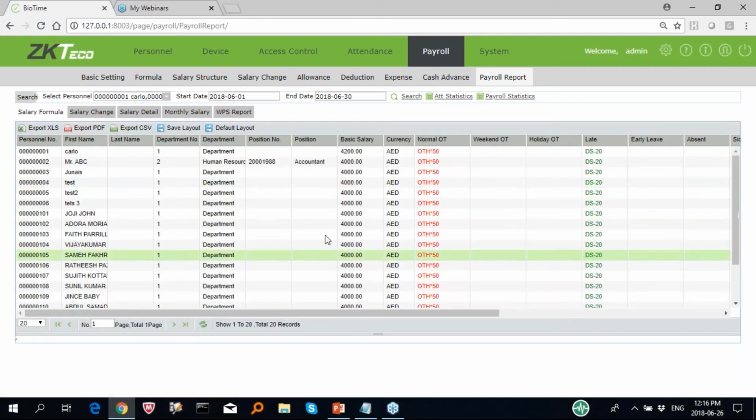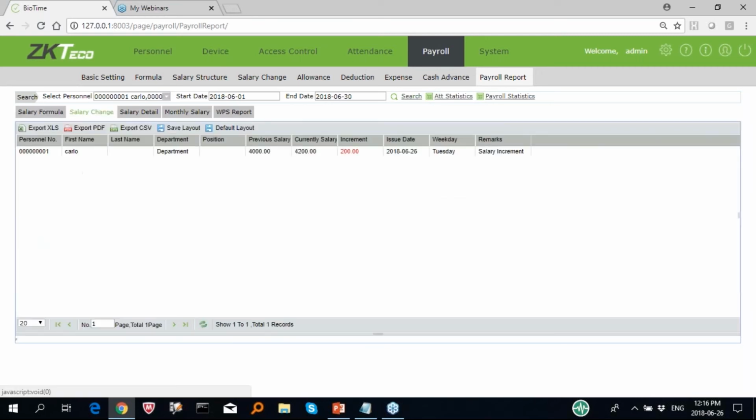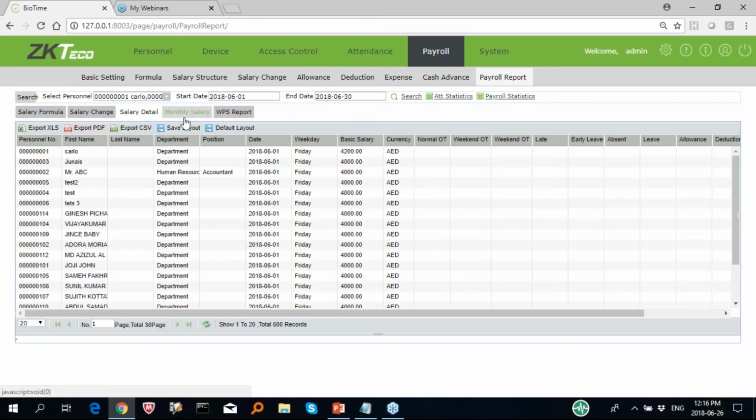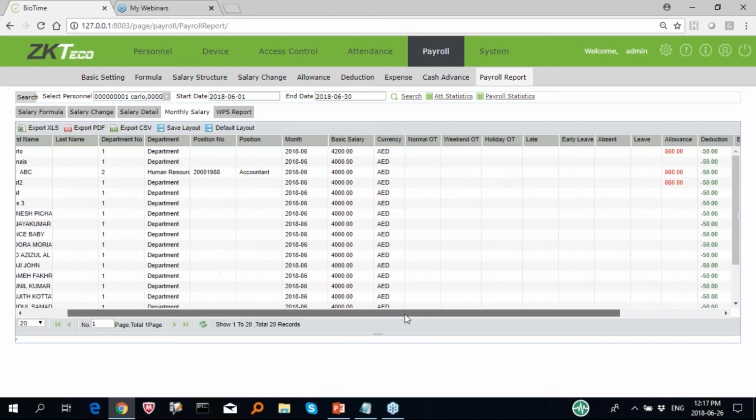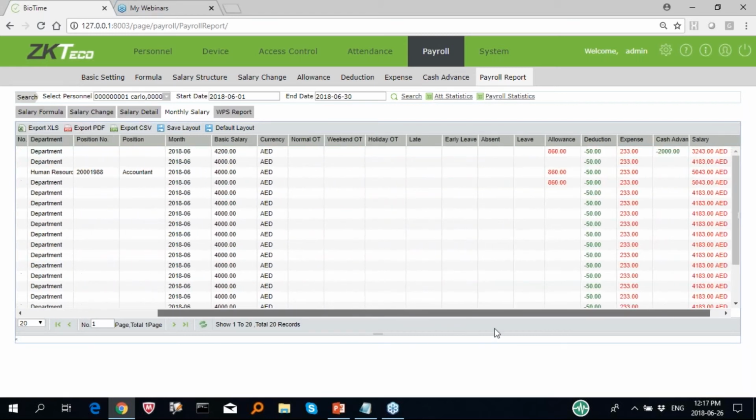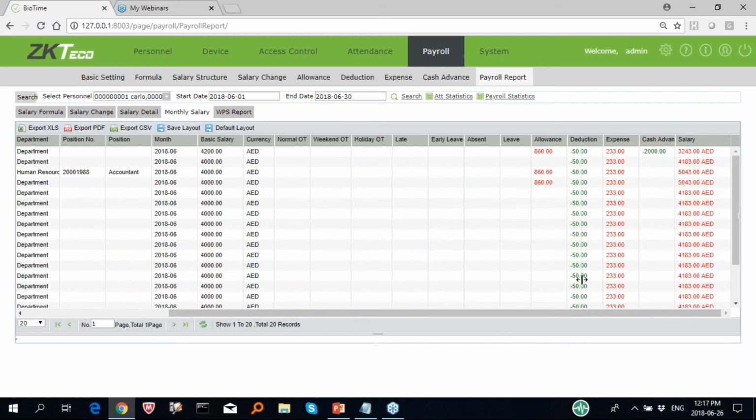So here are all the values that you entered, to confirm, okay? You can take a printout and just submit it to the company manager or the CEO. This is the final report that we have, the monthly salary. Here it defines the names, details, and the salary, the basic salary, the allowance, deductions, and all these things. Like for example, you can see here,